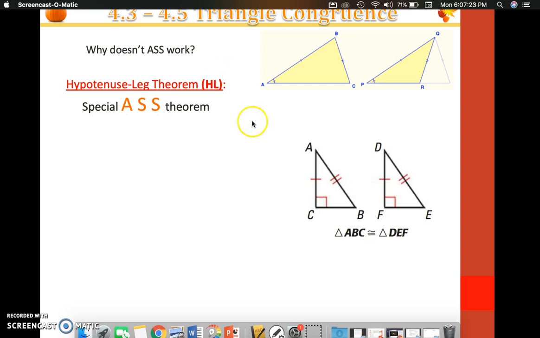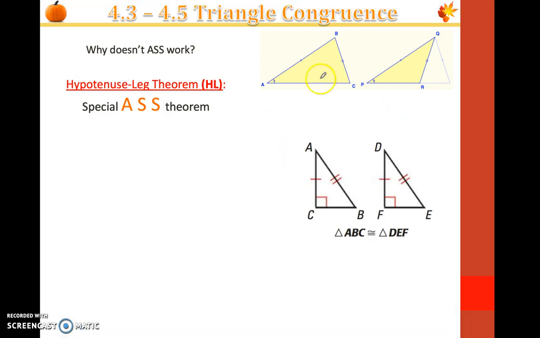And before we actually go on to talk about how to prove two triangles congruent in a two-column proof, there's one more shortcut we're going to learn about, which is nice. And to go anywhere with it, we have to understand why, again, ASS doesn't work. The diagram to the right shows a counterexample where I have the ingredients of a pair of angles and 2